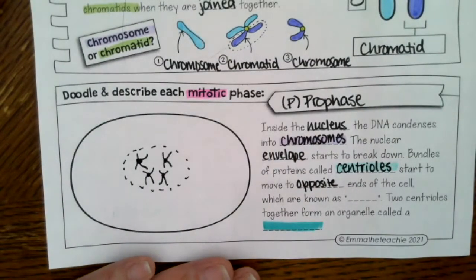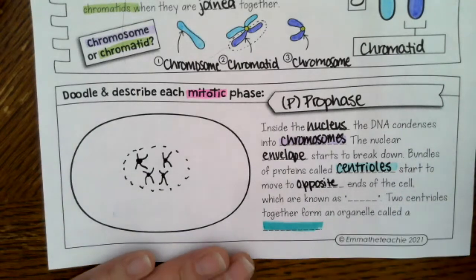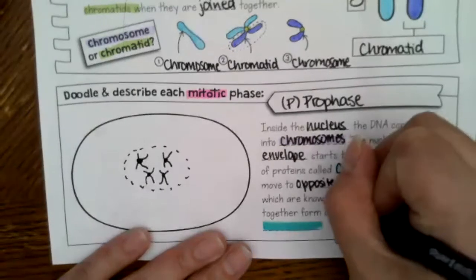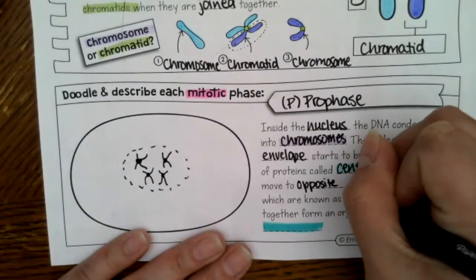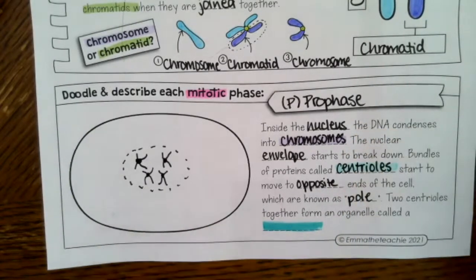When they're moving to those opposite ends, those ends are known as the poles of the cell. So think north and south pole,